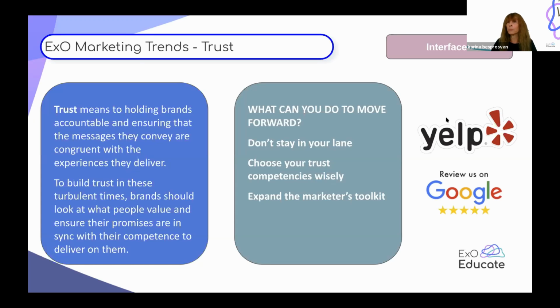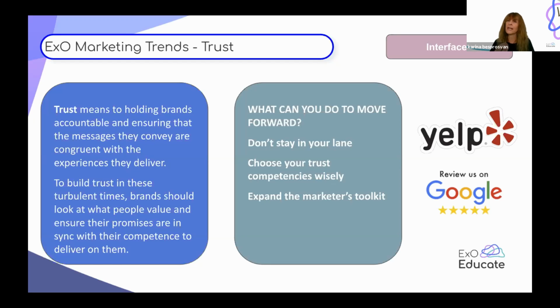You need to understand what people value as the first thing, and try to get it. Then probably you can use one or two examples, talking about data transparency, which is very important today. So you give people trust about your data transparency. And then try to expand all the marketing toolkits that you have and move beyond, building interfaces and platforms where people can understand and know you better in real time.